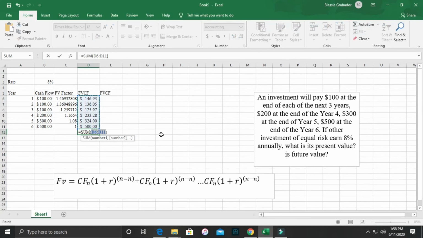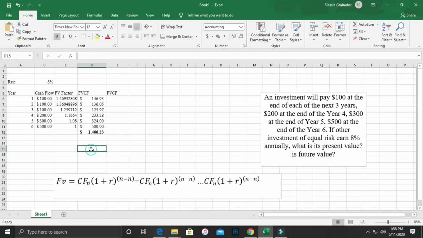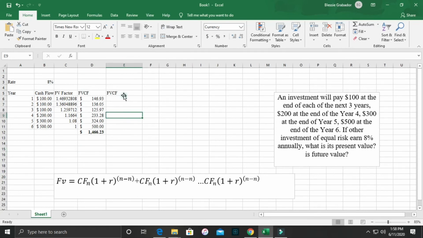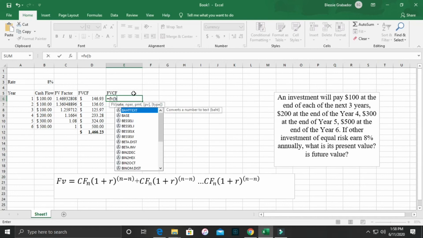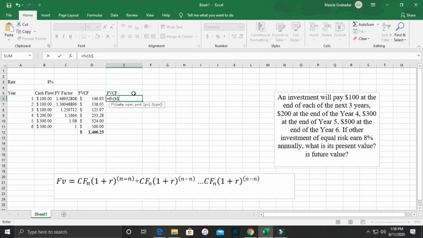Click auto sum. Then we have $1,466.23 for the sum. So the easiest way or the shortcut for future value cash flow, we have to put equal sign, then FV for future value, open parentheses, then click the rate, B$3 for the lock, then the number per year. So the number of years should be 6 since we have 6th year, then minus